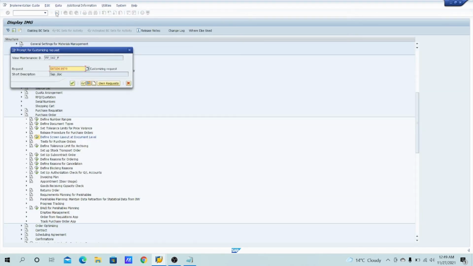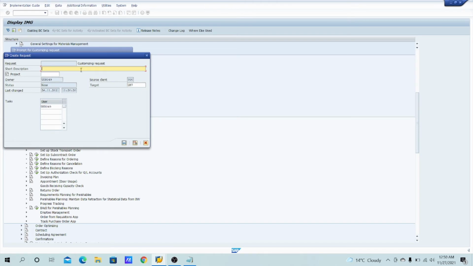While saving, you will have to generate the TR. First of all, if you are working in the support project, you should do the configuration and customization in the golden client only, because there are several levels for the movement of the TR, which I will explain in later videos, how you will work in the support project and how the TR is moved. So here I'm just creating my own TR.